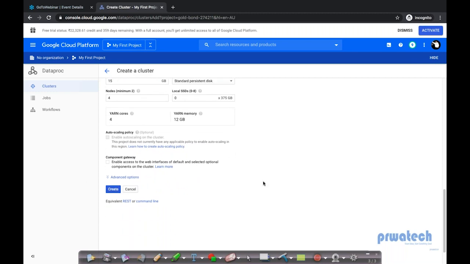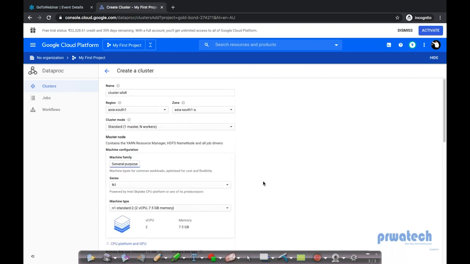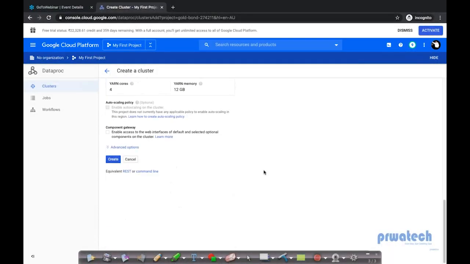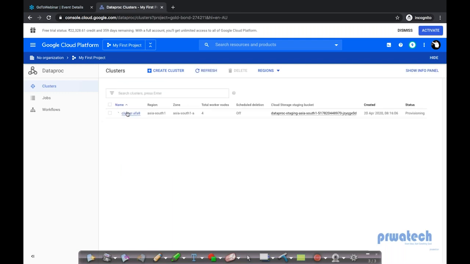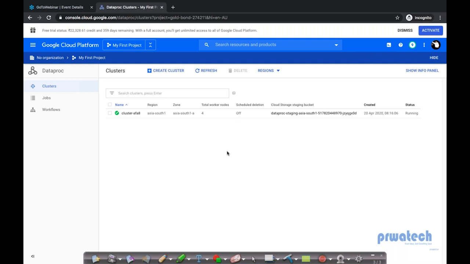That's it, guys. So once you fill all the information, I think it hardly took us 2 to 3 minutes, and we'll hit this button, create. This will take 2 to 3 minutes and my cluster will be spun up. So we'll wait to see this cluster. Once this is up, we'll start practicing and testing how this can actually work. Okay, so